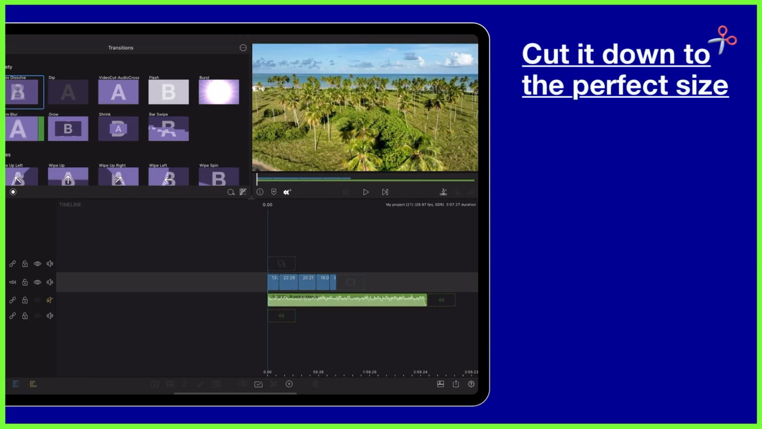If you want your music bed to go under the entire project, but it's just a bit too long, you will have to cut it down to size. To do this, listen through the track and count the beats in the music. Now, you don't need to be able to read music or be a musical expert here, but you do need